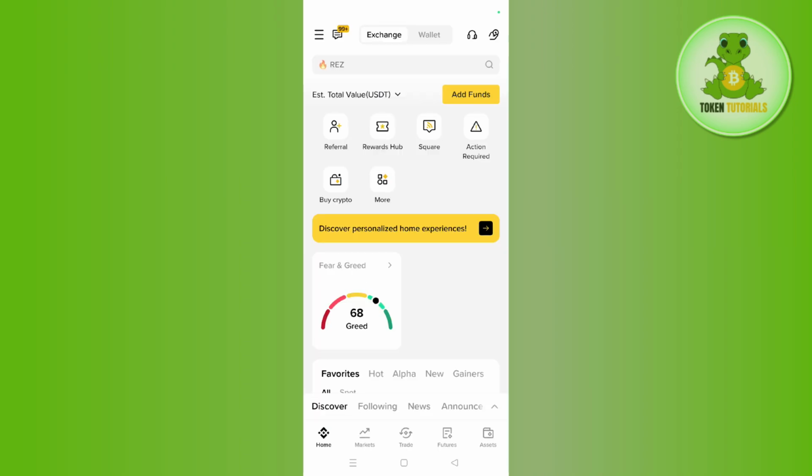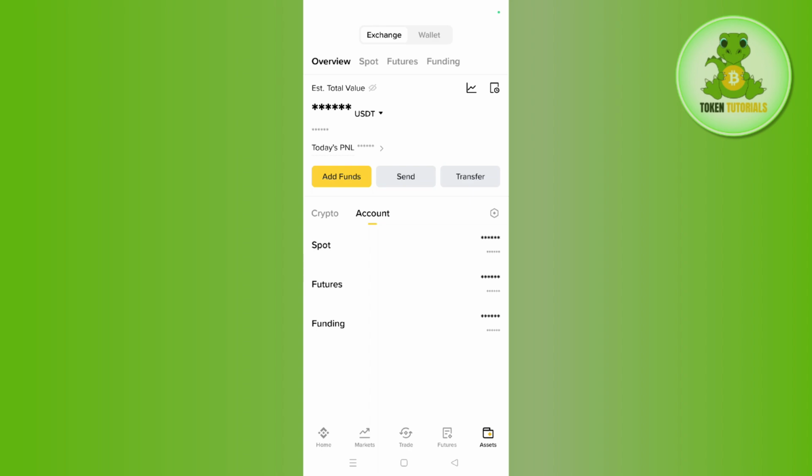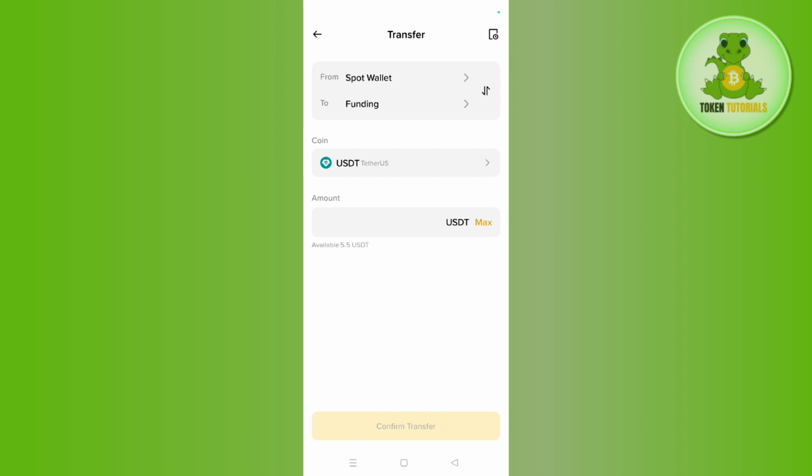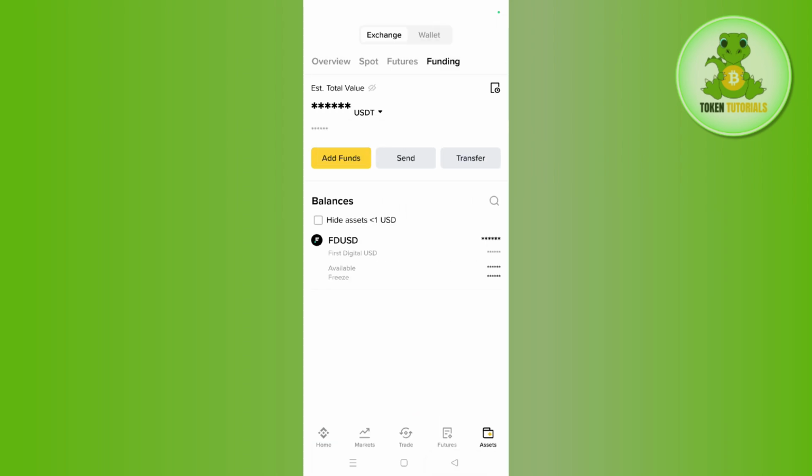So once you get the USDT in your funding wallet, you can tap on the assets tab in the bottom right hand corner of the screen, then tap on the funding over here in the top. After that, tap on the transfer option and you can get your USDT from your funding account to your spot wallet. With the help of that spot wallet, you will be able to use that USDT in order to purchase